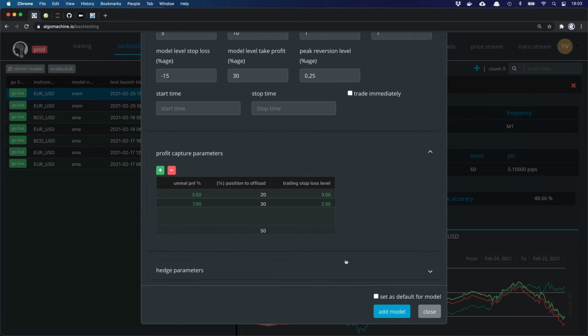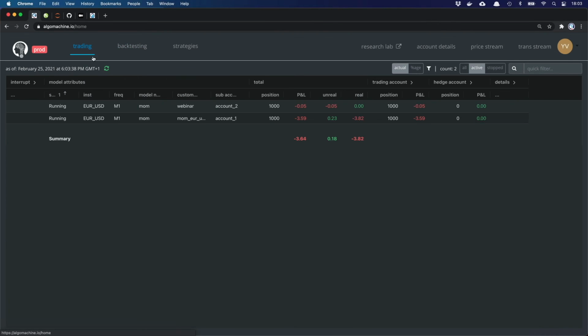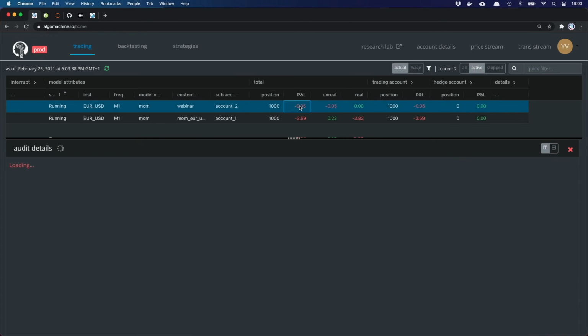And when we're good to go, I say add model, and this is what my imagination was before we started that project, like with the original Amazon one-click buy, right? I have one-click deployment. The code for backtesting is taken, the exact same code, and it's now deployed for real-time trading, right? We now have two here. So this traded immediately.